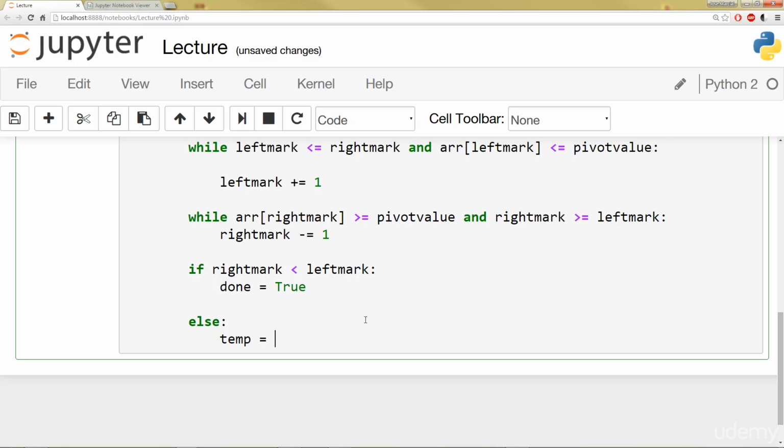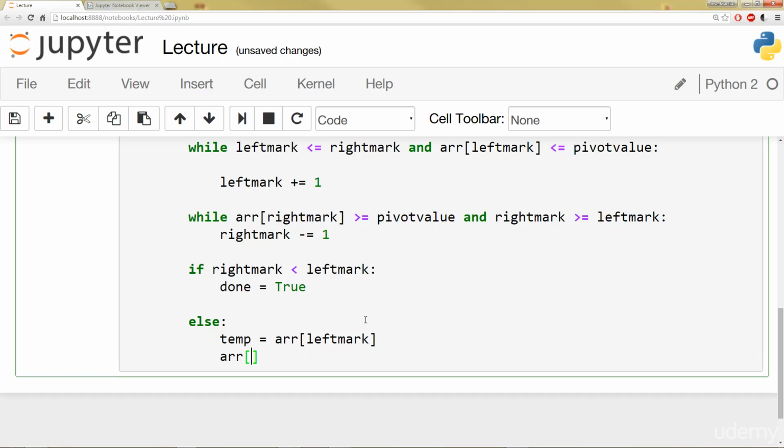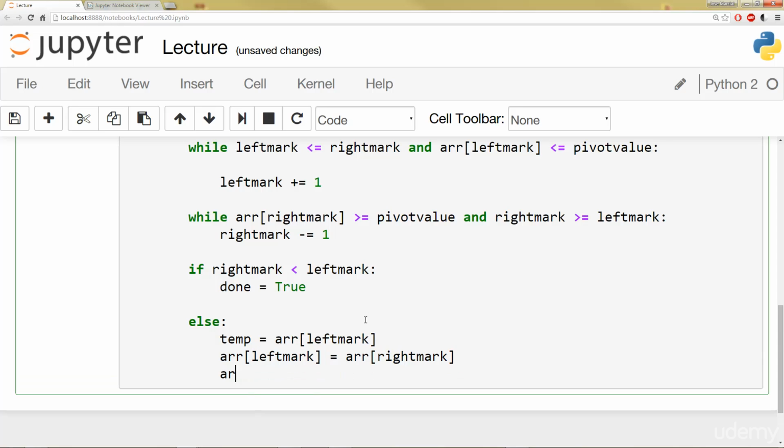We'll say create a temporary variable of the left mark value, and then set left mark equal to the right mark, and then set the right mark equal to the temp. So that's basically just the way we're switching those values once they cross over. All right, and then what we're going to do